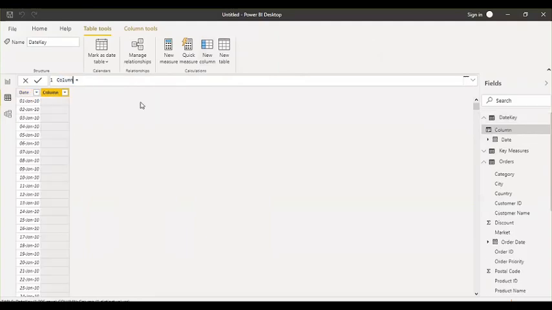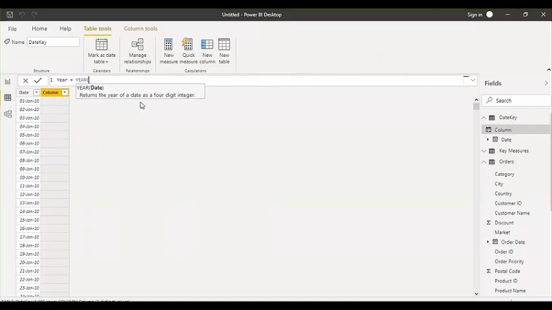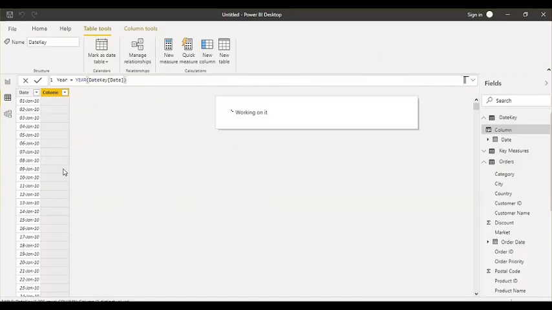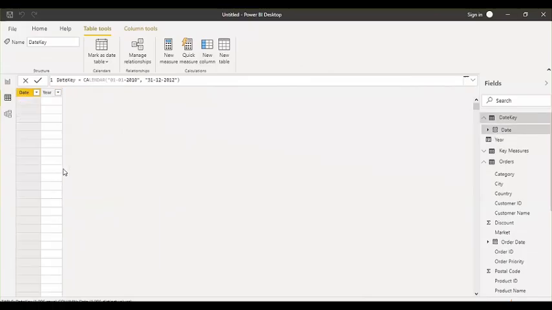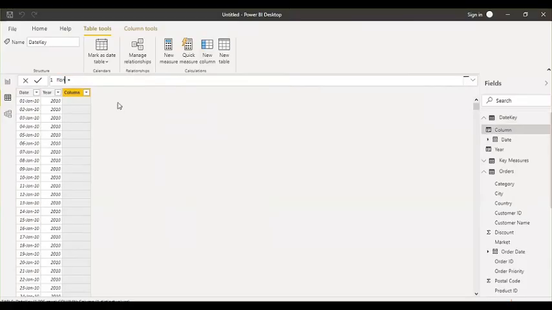So I create a new column and the column name is year. Here you can write the YEAR function and then pass your date column from the date key table. It is very similar to the transform in the query editor, but this is through DAX, that was through the query editor. You got this column here. Now you want another column also. This time I want month.